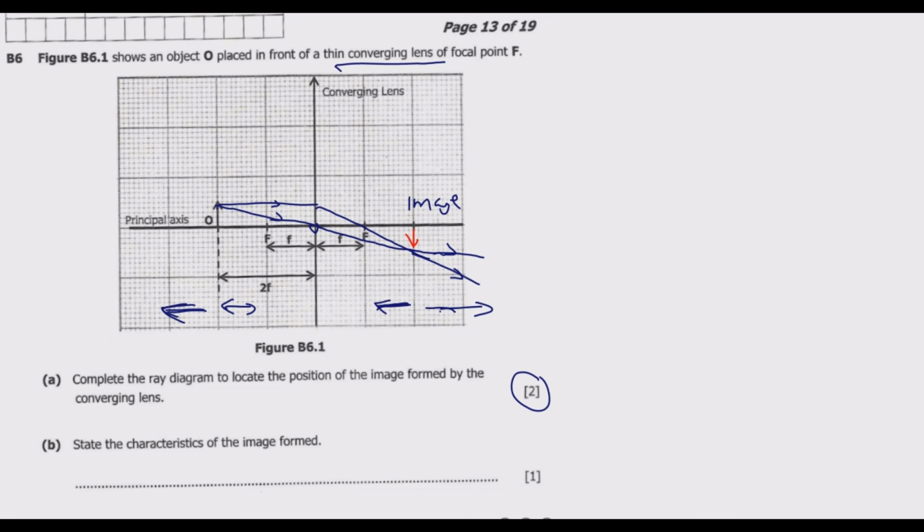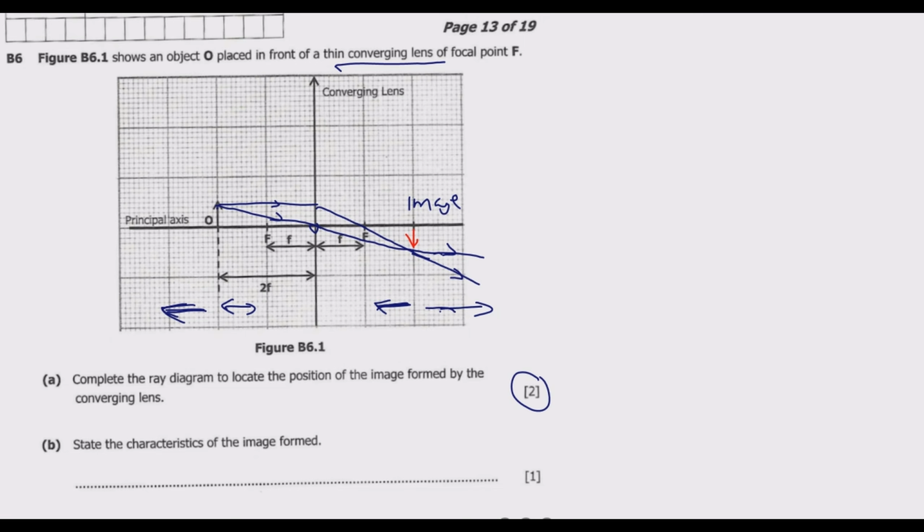It will be formed in this region. So you need to understand that it will be formed between 2F, the focal point, and 2F. Then lastly, if the object is between the optical center and F, then what you notice here is, in this case, basically we are talking about